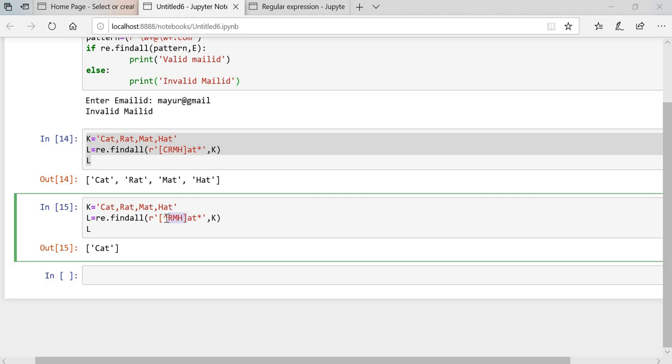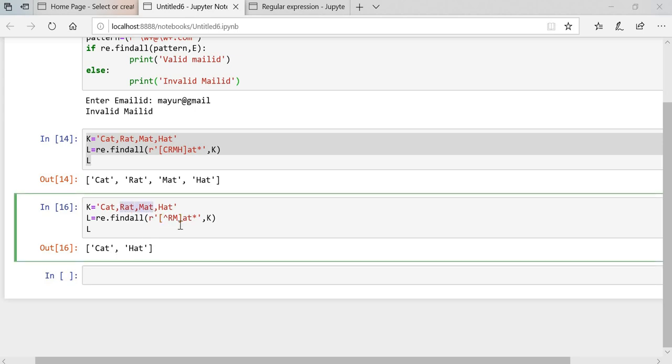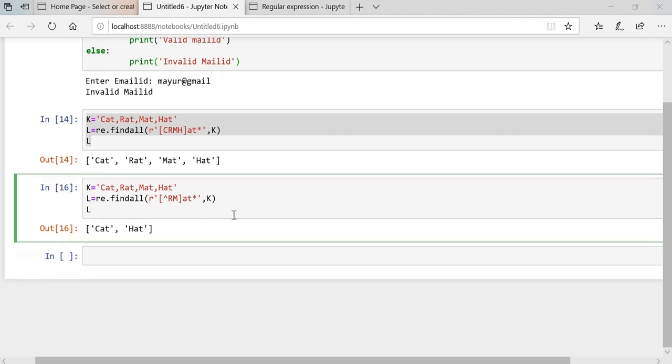So r means rat, m means mat, h means hat; these three values are removed from the list and we got the cat one only. We can do it like this also: we got two results, cat and hat, since rat and mat are excluded. So this is the example that I wanted to cover.